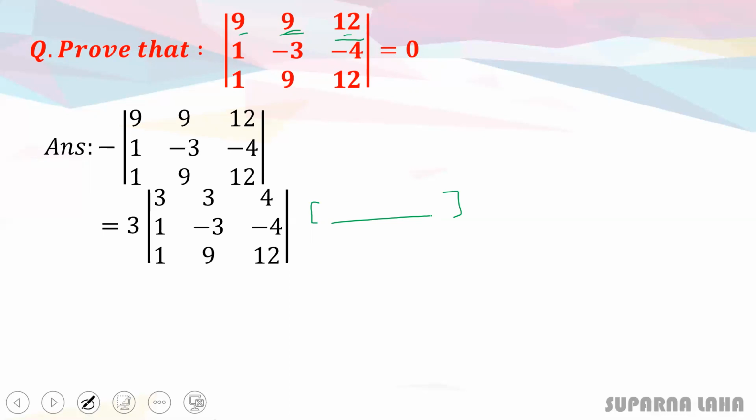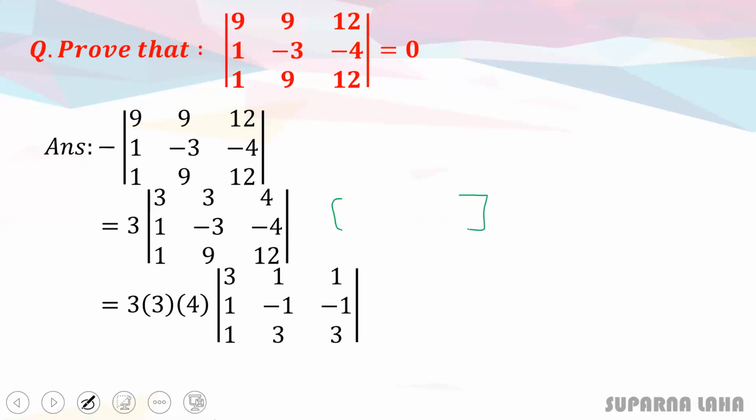Now look here. This column 3 minus 3, 9. So from here also we can take 3 common. 4 minus 4, 12. From here also we can take common 4. So take 4 common and this 3 common. So we can write down this determinant as given by 3, 1, 1 and then 1 minus 1, 3, 1 minus 1, 3. Okay. Now look that column 2 and column 3 are identical.